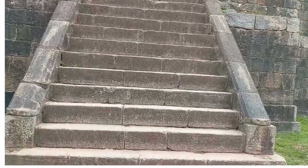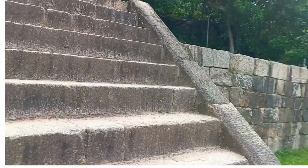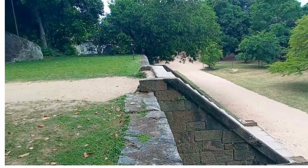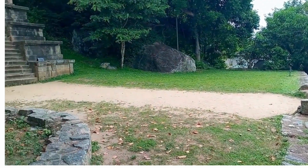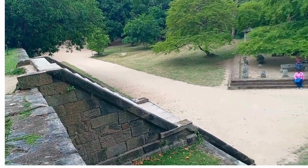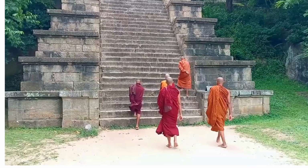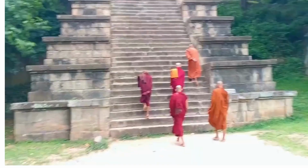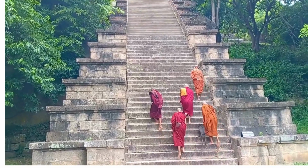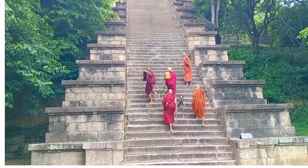Yapahuwa was one of the ephemeral capitals of the post-Polonnaruwa period, the late medieval centuries of Sri Lanka's history. Yapahuwa was one of several short-lived capitals established during the collapse of the Sinhalese civilization in the Cultural Triangle zone in the 13th century. Facing Tamil invasions from northern Sri Lanka and southern India, Bhuvanekabahu I, 1271–83, fortified this new royal city, protecting the national palladium, the tooth relic, as Yapahuwa was more easily defensible than